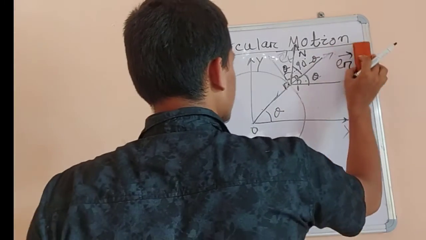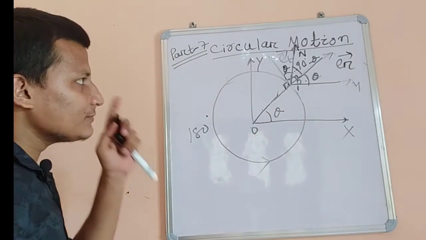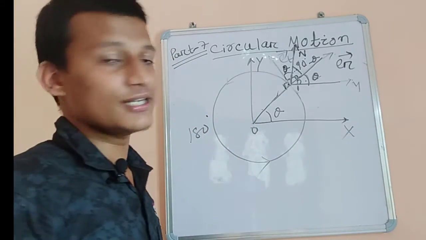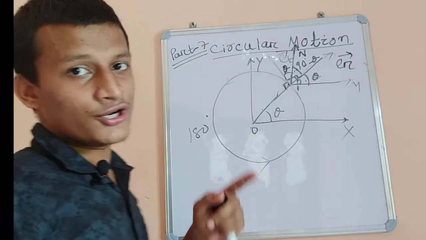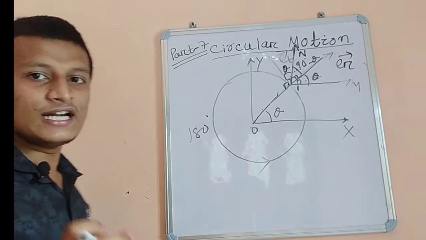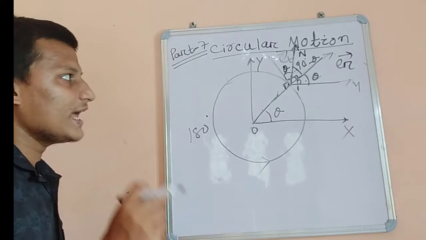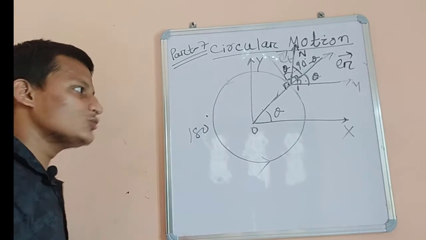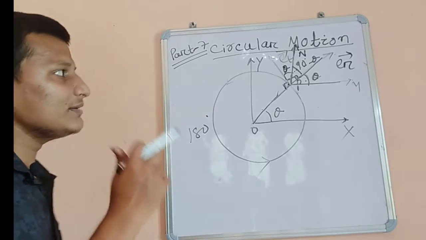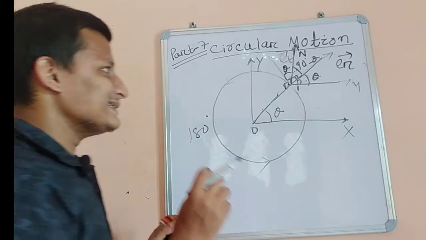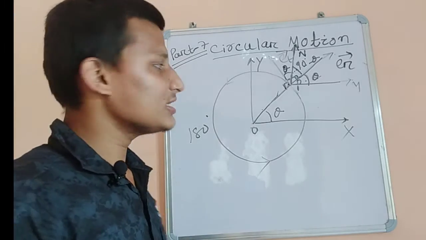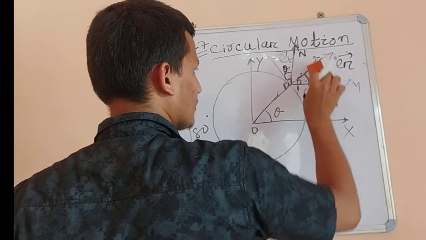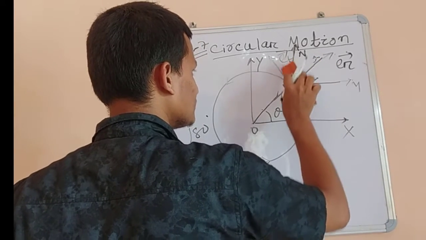Then we will show the expressions for the radial vector, the unit radial vector and the unit tangential vector. Then we will take their dot product, and if the dot product comes out 0, then the angle between the radial vector and the tangential vector is 90 degrees. So we are first assuming that the tangential vector and radial vector are inclined to each other at 90 degrees. This is theta and this is our theta.